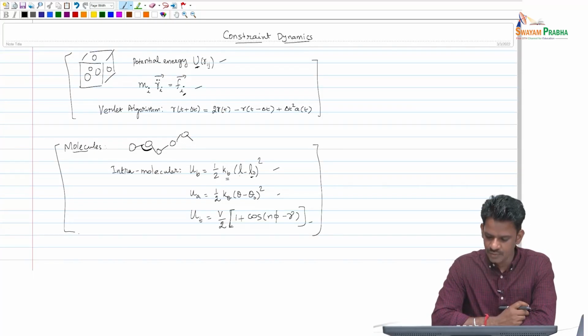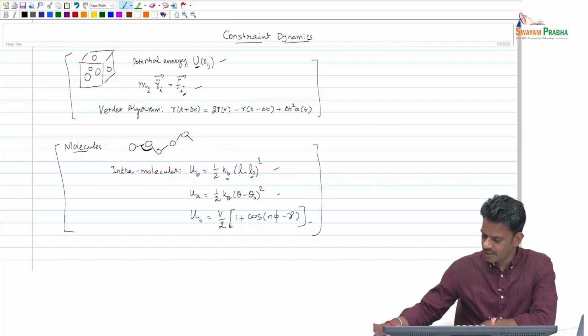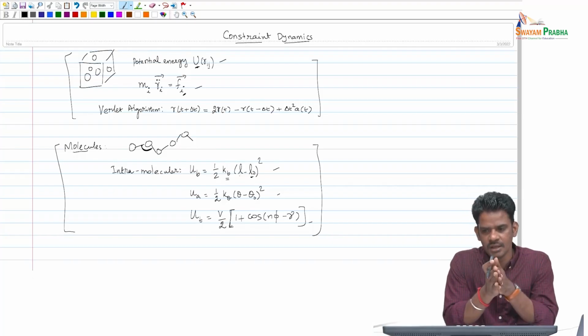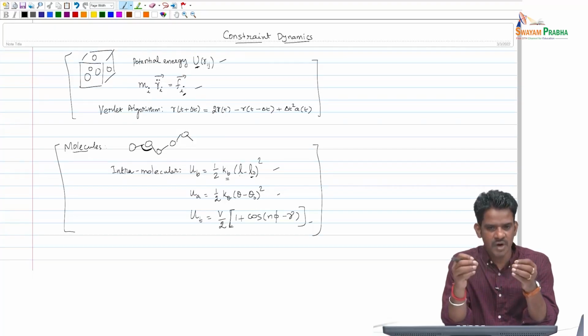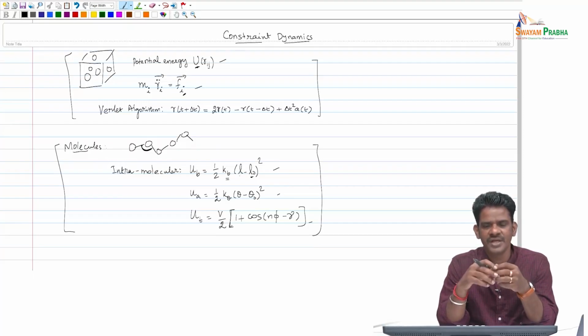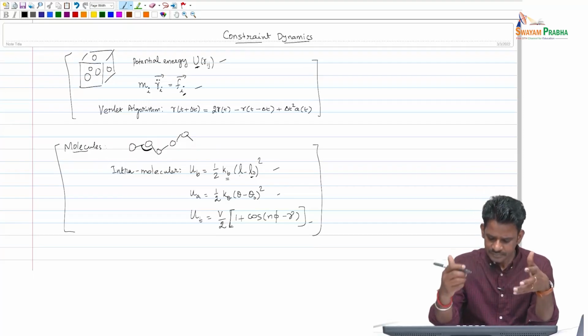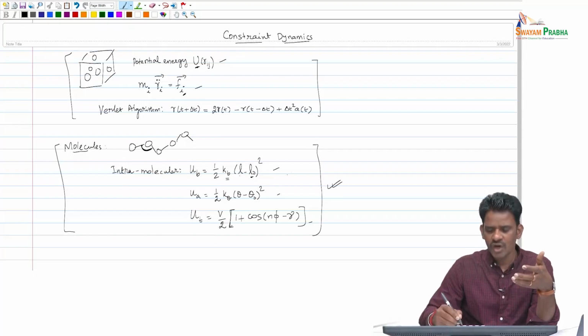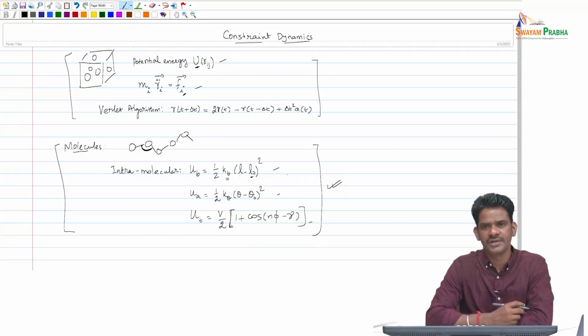However, it turns out that when you look at a molecular system, the time scales with which certain processes happen are not of the same order. For example, if you look at this bond vibration, these are high frequency vibrations which happen at very small time scales. Whereas, if you look at the translational motion or rotation of these molecules in time, they are much slower processes. So, if you adopt an MD simulation incorporating all the intermolecular and intramolecular interactions, then you will